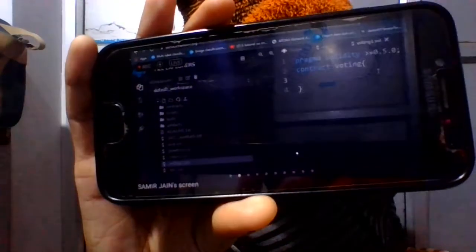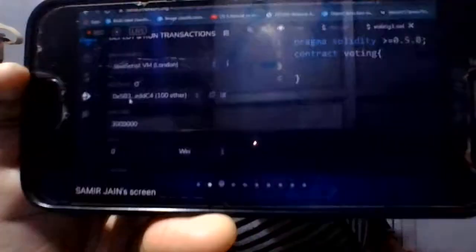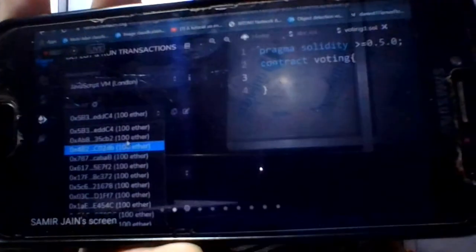Okay. Now there are three kinds of entities as I have already discussed with you. The first one is the moderator. The moderator will be the person with some specific address. If you go to the place where deployment is done, you can find these addresses.